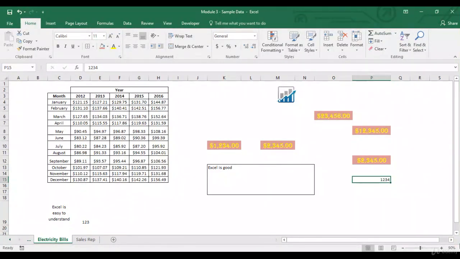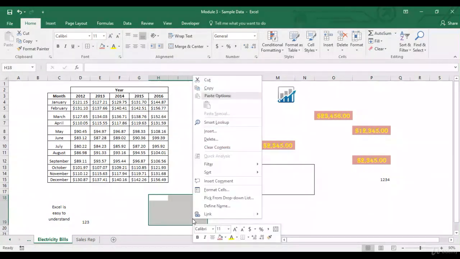Now let's look at the other two options of formatting cells. One is when you select a bunch of cells or even one cell and you do a right click, you have these options over here, this small toolbar. This is also very similar to the toolbar which you see in the home group. It has options of bold, italic, center alignment, fill color, font color. You've got the font type and sizes over here. Similarly, you can increase font size, decrease font size, change the number formats and everything, similar to the home group. So we won't be going into these options because these are very much similar to what we've just gone through.